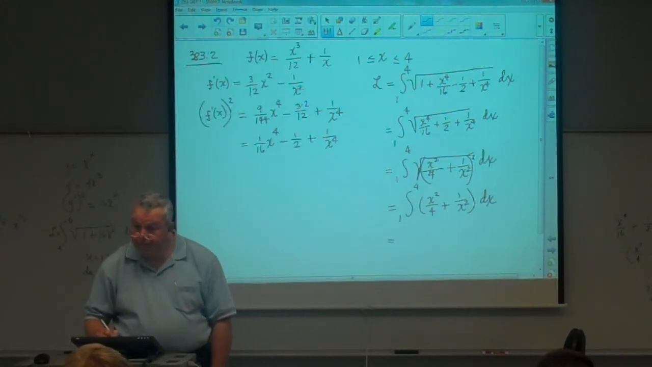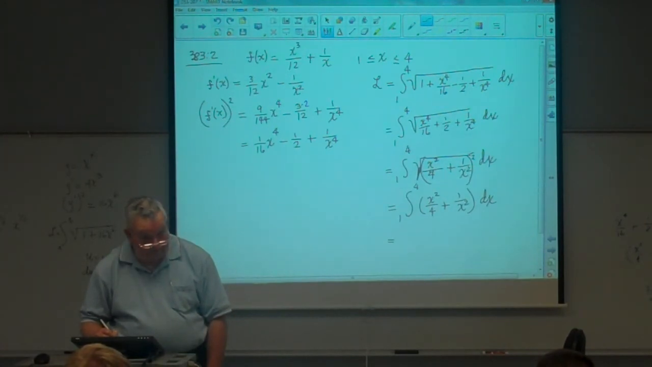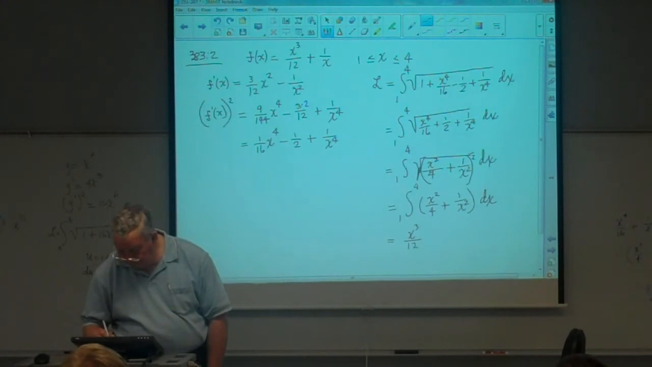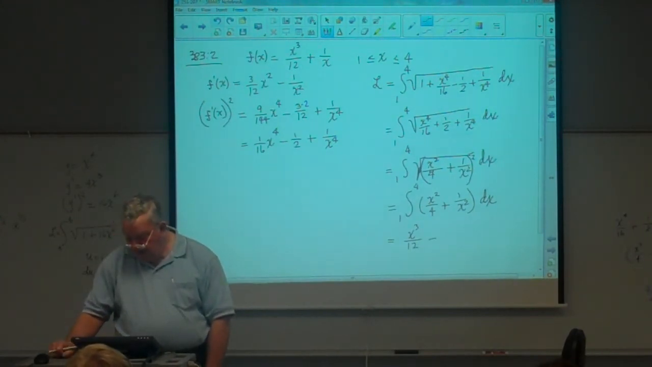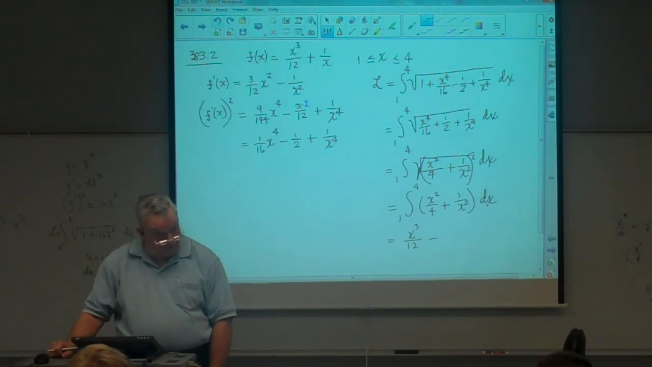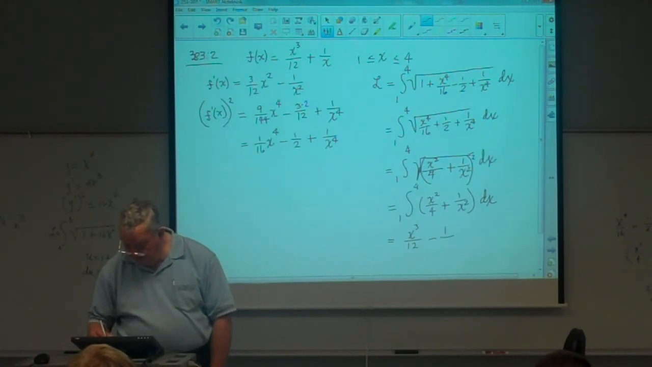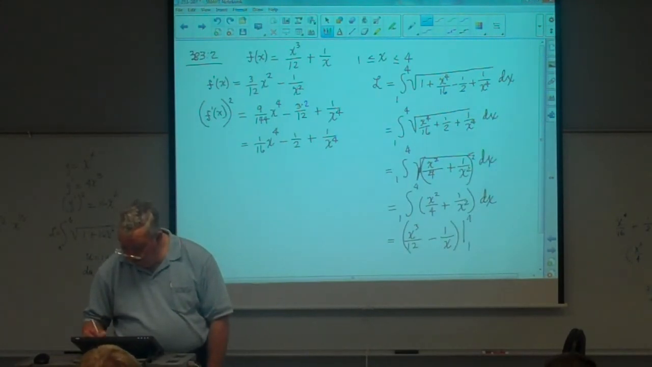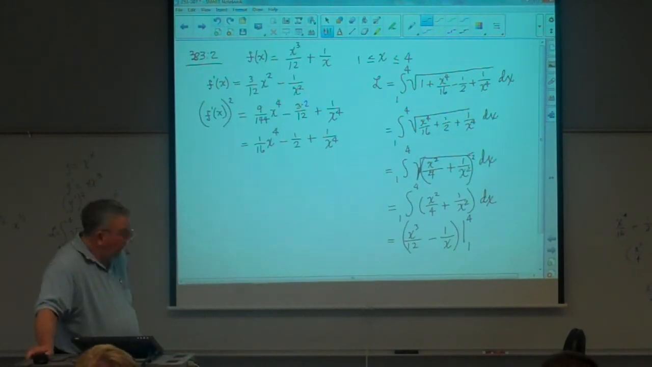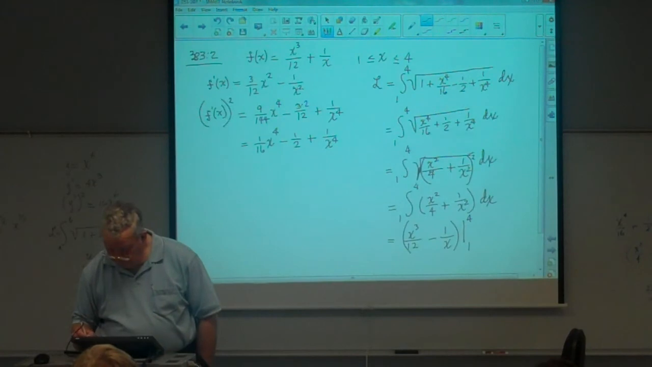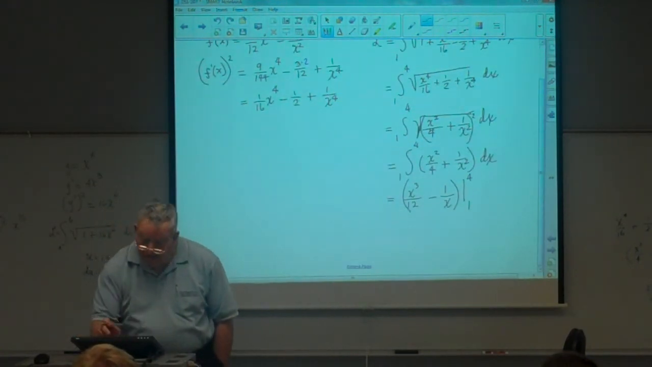How do you integrate? Term-wise. Add 1 to the exponent, that's x to the third over 12 minus, that's x to the minus 2, so won't that be x to the minus 1? Minus 1 over x to the minus 1. 1 over x, I mean. That look right to you? And now,